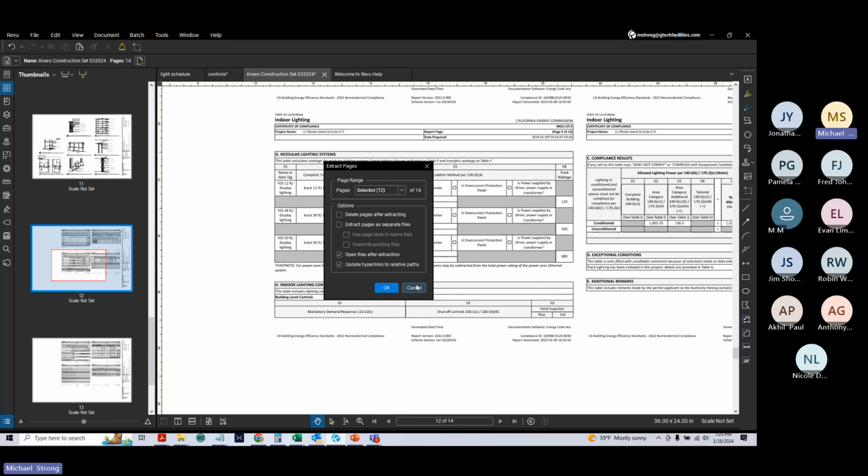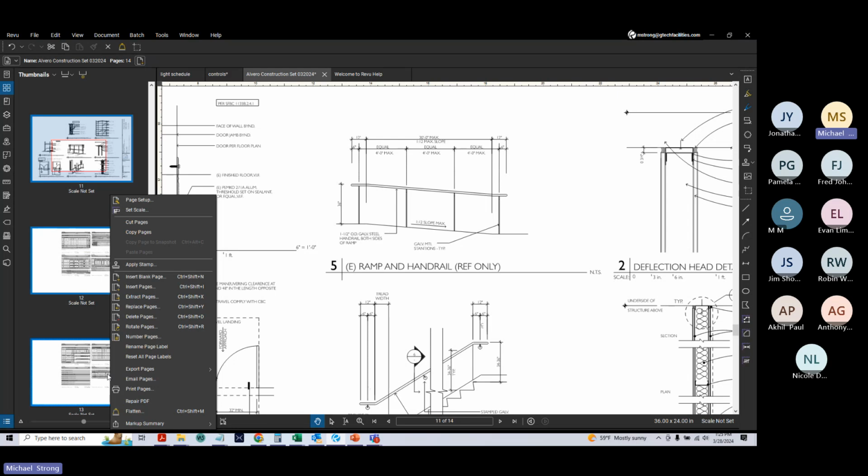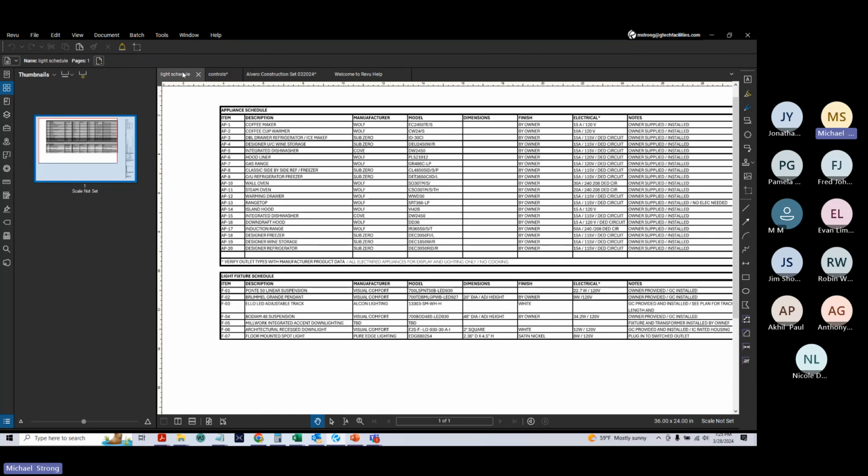And the reason I extract it, so if you want to extract these 3 pages, simply select one and then press and hold Shift and then click the next 2. I hit right click and extract the pages. Now I'm going to extract it, and it says right here, selected 11 through 13. That's what I've selected, and I'm going to extract those out